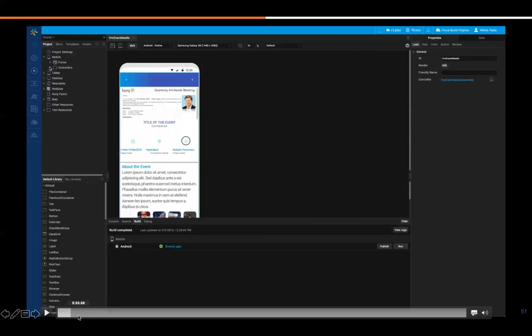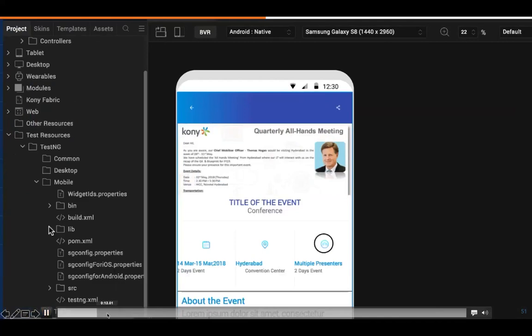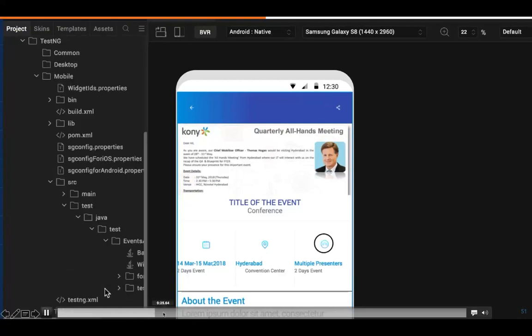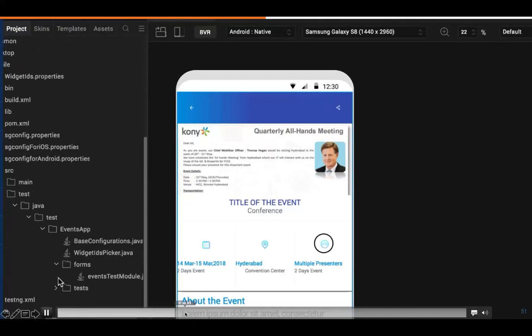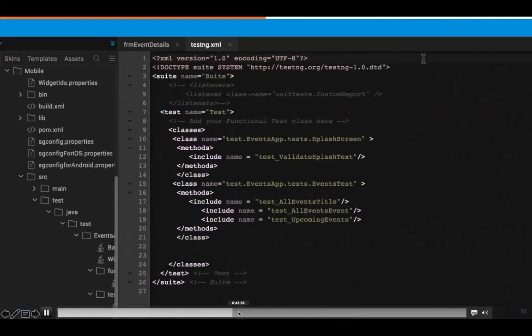So you can see the test resources from the visualizer app, and you can define the tests, and you can see the TestNG XML. TestNG is the default name that we give. You can change it to whatever else you want. And once you have created the test, you go to App Factory, and while running, you choose